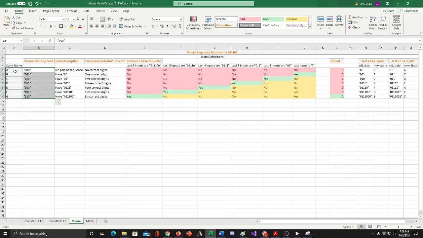When we design it, we will be designing in terms of the names, and it will not actually matter what the underlying code is until we go to the final implementation details. So we don't really have to worry about this right now, but I wanted to point it out because I've assigned 0 to no correct digits and a Q code of 1 to 1 correct digit, etc. So that's why this is a natural choice. But what's important is that there is a certain number of correct digits, and I'm going to cast that as,